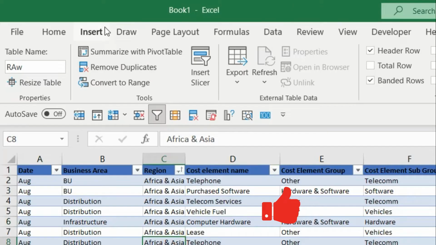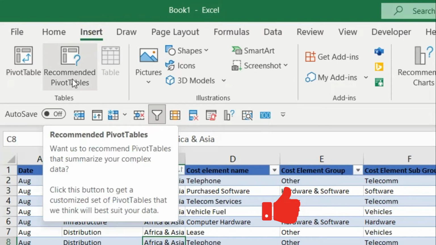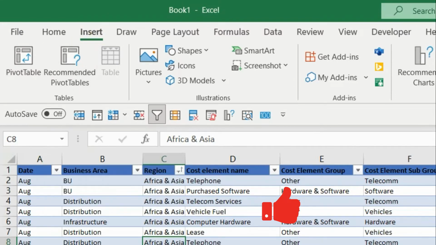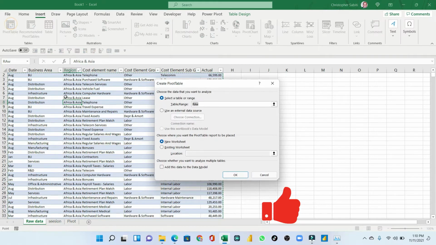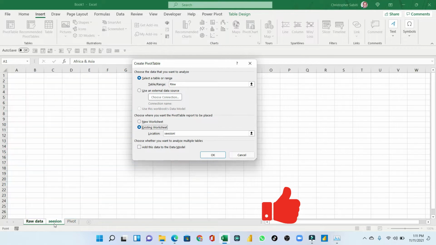Creating slicers, go to insert in your tab. Before creating slicers, what we have to make sure is that we have to get a summary from our table, and the summary we only get it directly using pivot tables. So I will create a pivot table first. It will give me a dialog box asking whether it should create a new worksheet. No, I already have an existing worksheet where I want my pivot to be placed. So this is it. I'll select where it's supposed to be, and you must confirm that the location is selected,